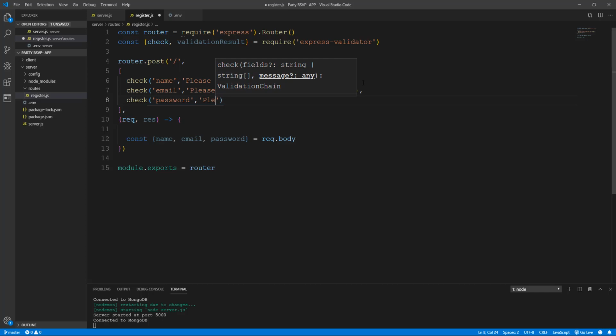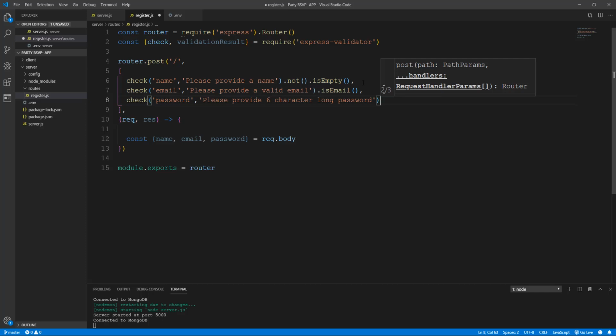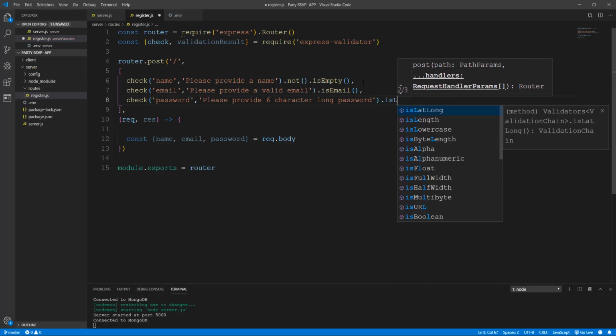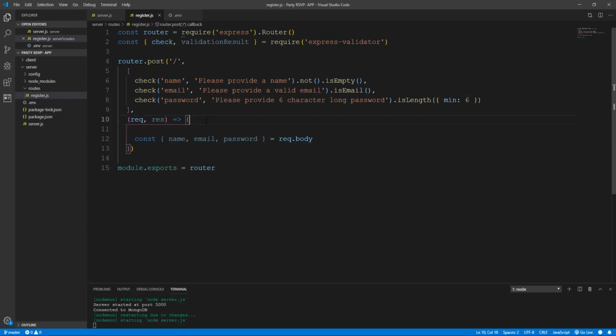And we want to do a "please provide 6 characters long password." Okay, and then we want to do is length, and then we want to pass min and number 6. Okay, so the way we check these, basically we have done the checks, and then we need